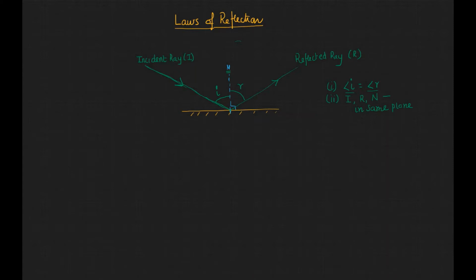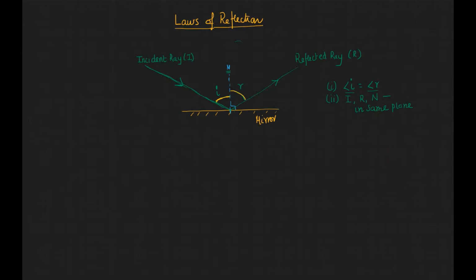Hi there. In this video we're going to do a small experiment demonstrating the laws of reflection. Here are the laws of reflection. If you have an incident ray coming at an angle I with respect to the normal, a normal is perpendicular to your mirror. This is your mirror. So if it comes at an angle of incidence I and the ray goes out with an angle of reflection R,